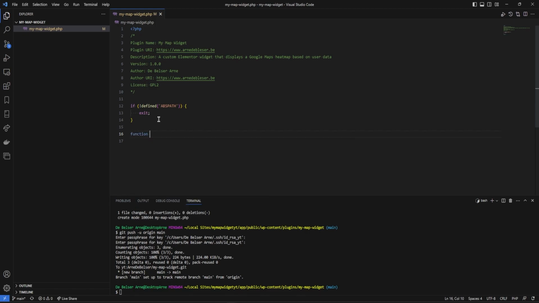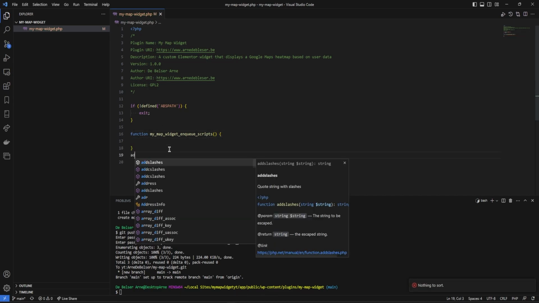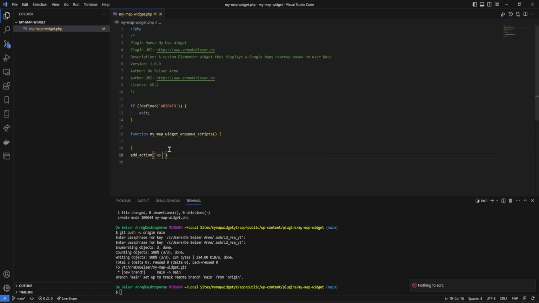So first function, my map widget enqueue script, add action wp enqueue scripts. So when the document is run, we will enqueue certain scripts. First of all, we're going to register the script. wp register script leaflet,